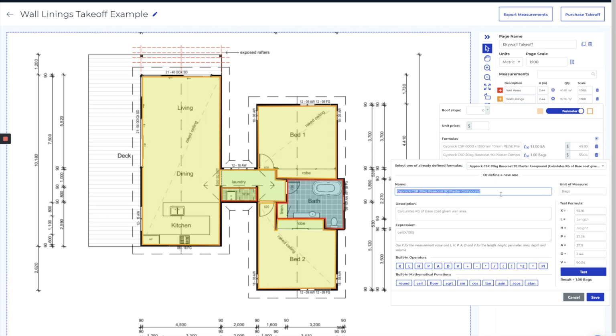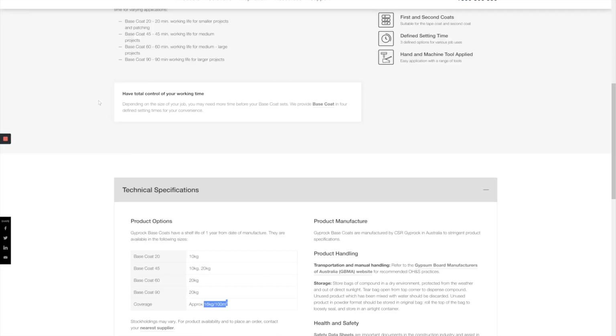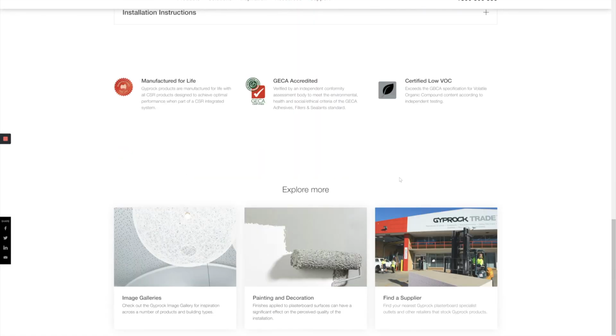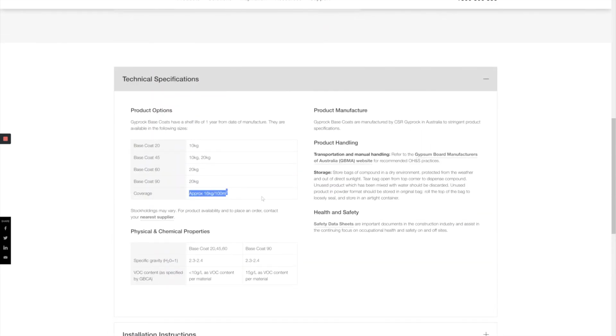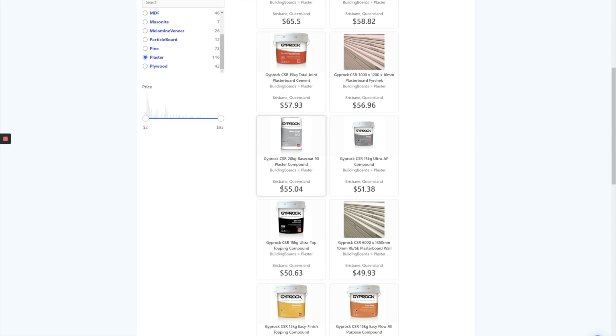Again, I'll put the name here of the product I'm buying, Gyprock 20 kilo base coat 90. I've chosen to order a number of bags, and it's essentially 100 square foot per kilogram. So I've gone to the Gyprock website, looked at the product, looked at their coverage area, and that's how I've factored that. Again, I found the price,